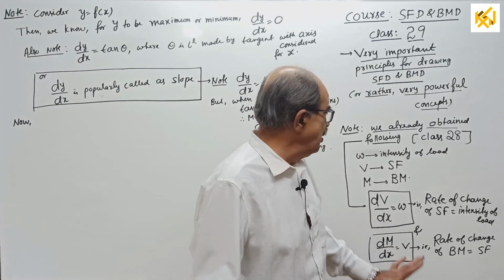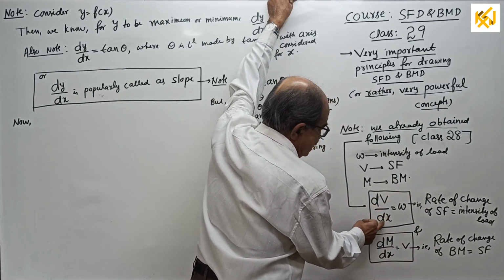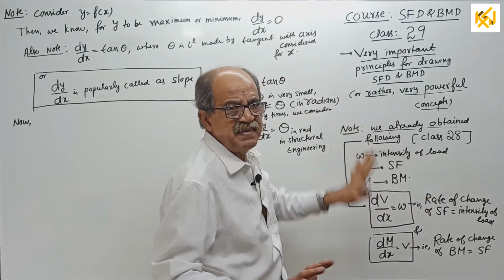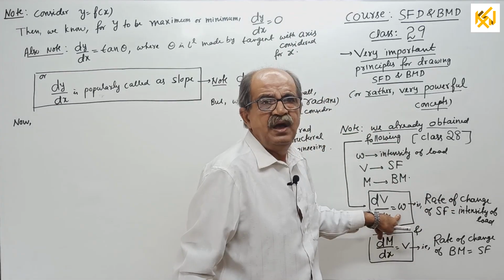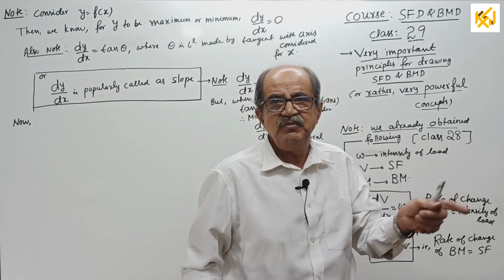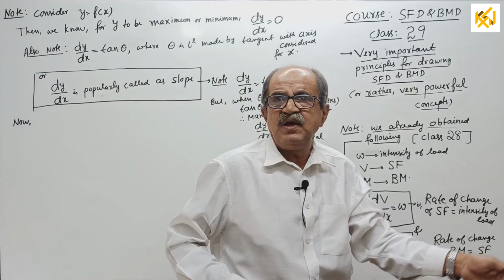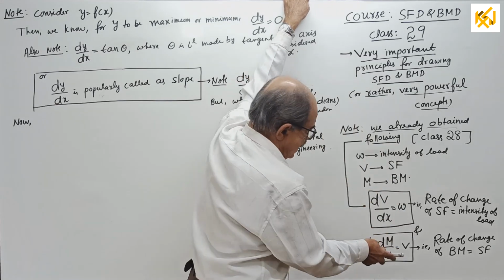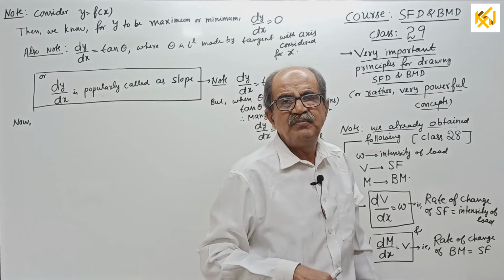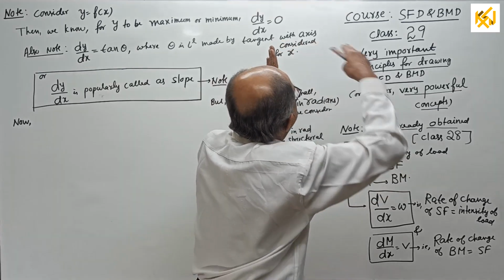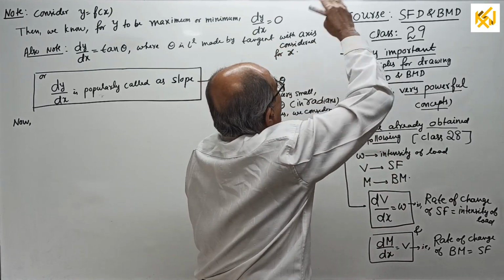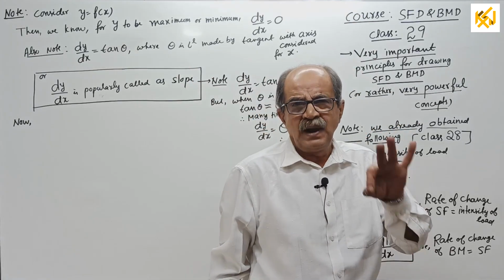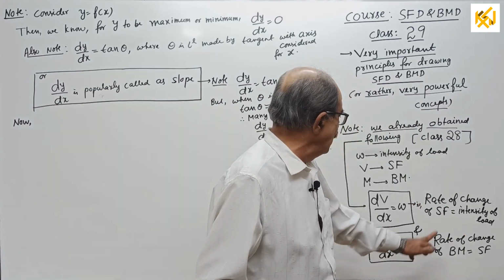So technically, what you have to tell? Rate of change of shear force is intensity of load and rate of change of bending moment is shear force. Remember thoroughly. This will help you to decide how is the curve whenever a diagram is coming, quadratic or cubic curve like that. dV by dx in the shear force diagram, and the same way in the bending moment diagram. Again, doubt whether the curve will come this way, or will it go this way and this way, or will it go this way? That you can decide by this one. How to decide, I will make perfectly clear when the time comes. Right now remember these two.